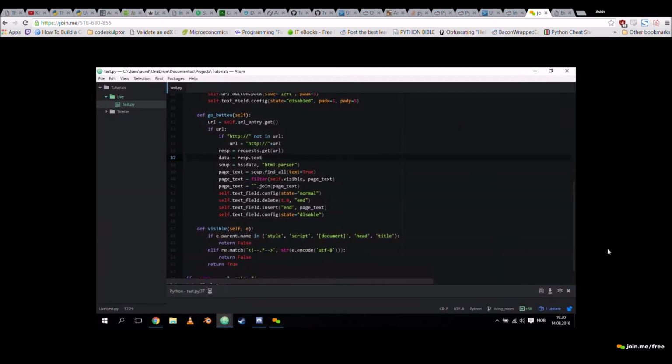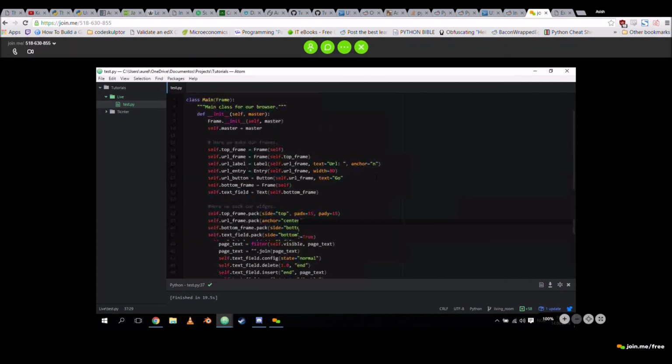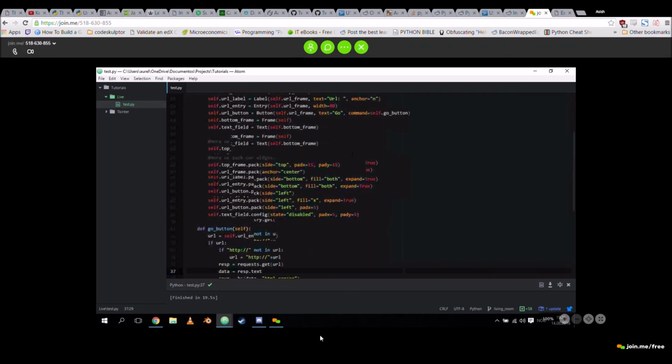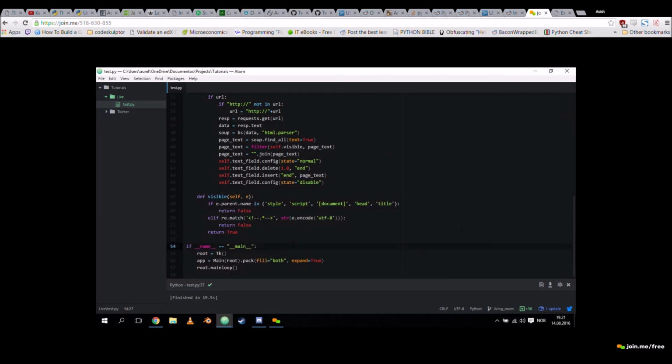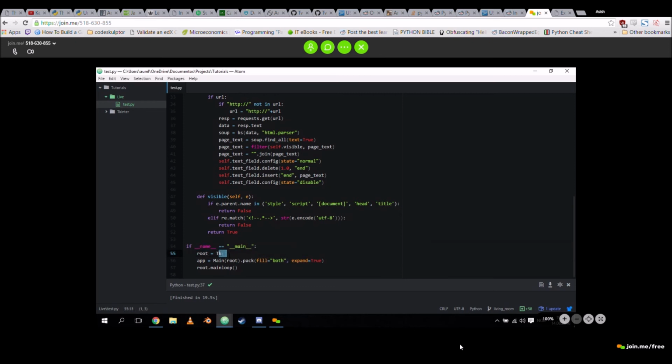So let's go through the structure one more time. It starts here. Down here, right? If name equal main, that's how we start. That's the boilerplate convention for starting apps in Python. And then we initialize our root, which is the actual Tk app. We create our app through our main class.